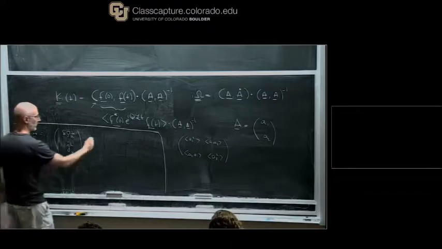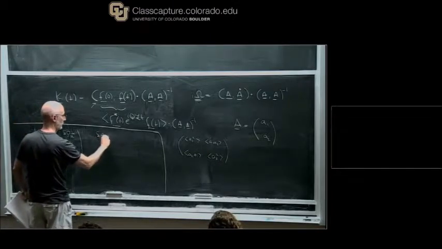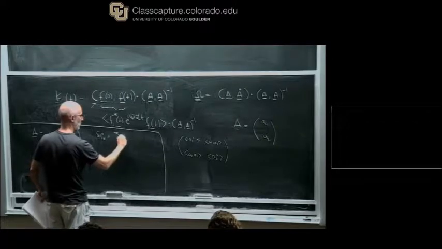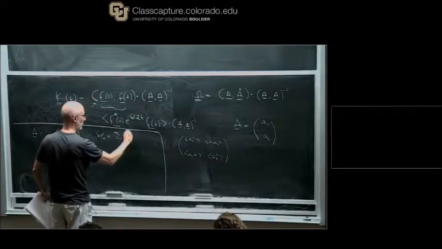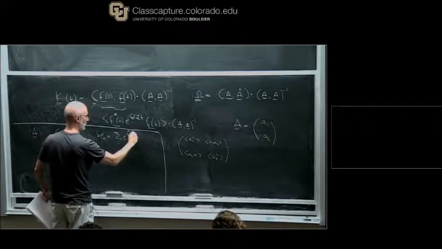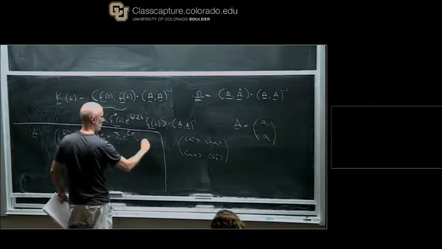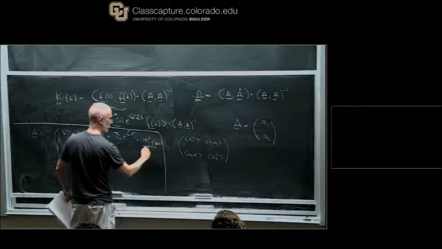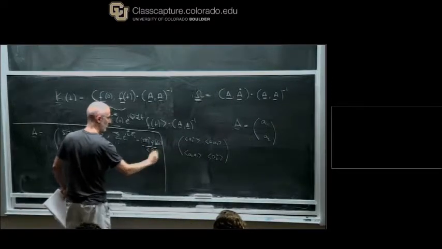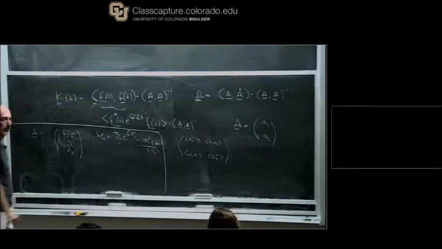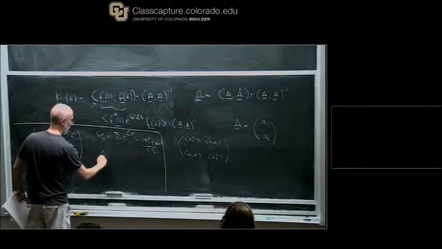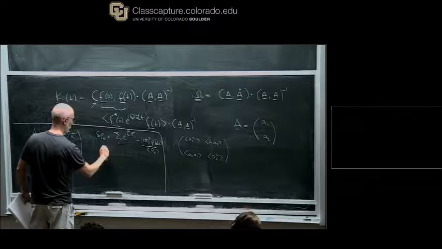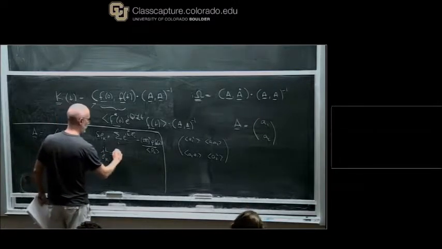And to remind you, the fluctuation of the density is defined as the average of rho k. So that's the density fluctuation, and the longitudinal current for wave vector k is